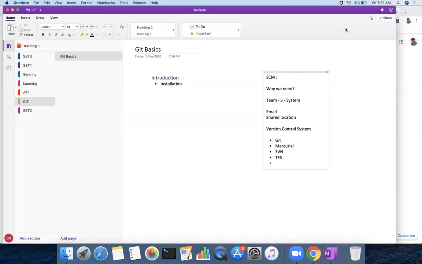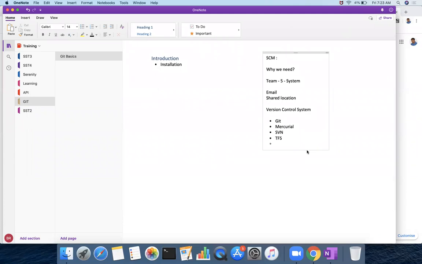Now when I say Git, Git is a technology. Different people implemented it in their own way, and their own implementations have been made available to the public to use.